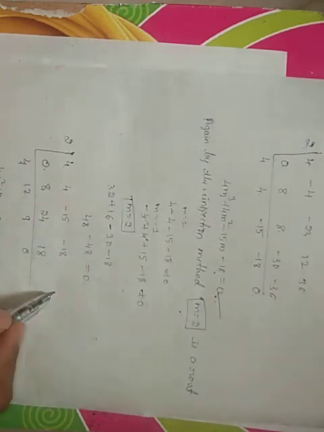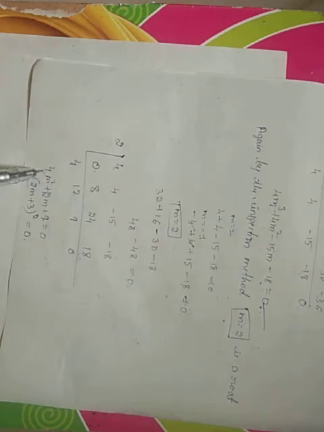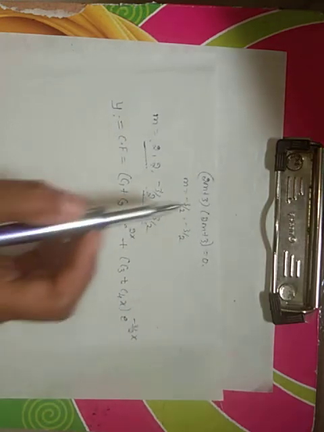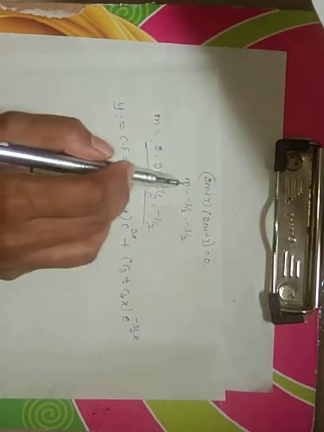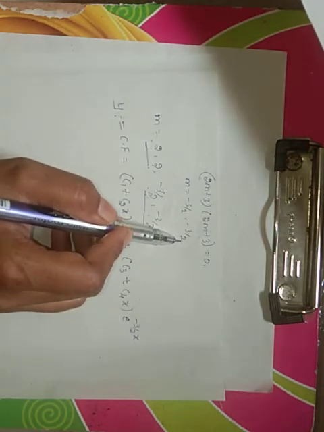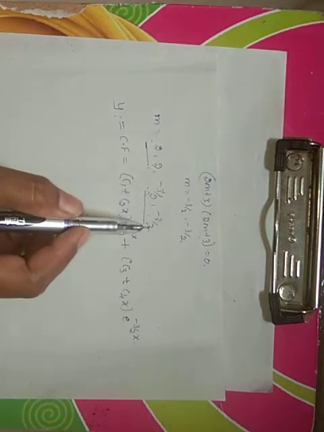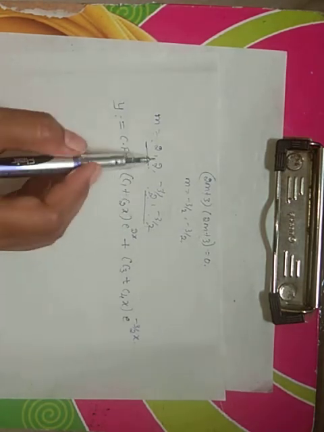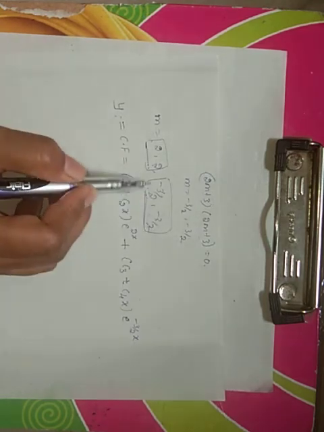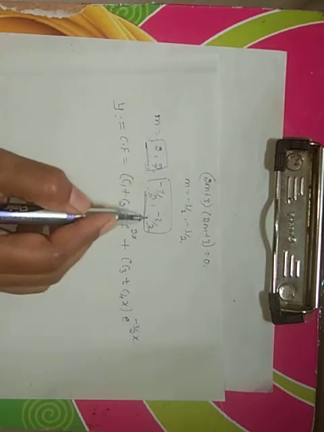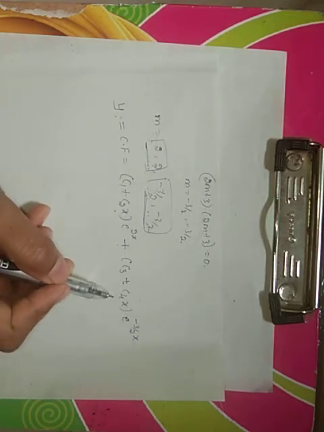Now again we move to synthetic division, and now we find the quadratic equation 4m square plus 12m plus 9 equal to 0. So that is 2m plus 3 whole square equal to 0. So 2m plus 3 into 2m plus 3 equal to 0, m equal to minus 3 by 2 comma minus 3 by 2. So hence totally we have the roots 2, 2, minus 3 by 2, minus 3 by 2. These two are repeated and these two are repeated. For each pair apply the complementary function for repeated roots.